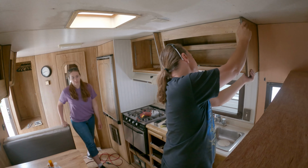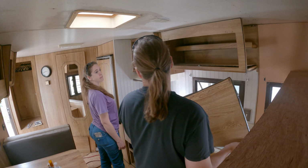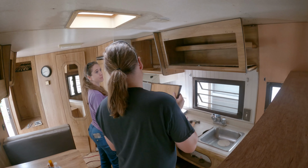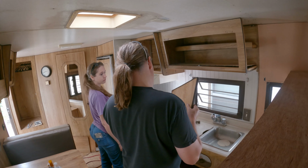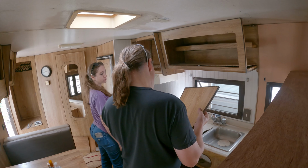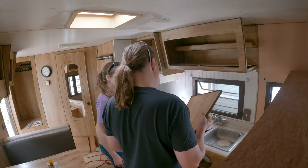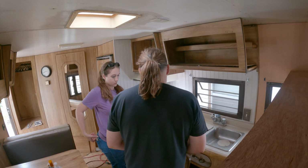Okay. You know, it's weird because this is actually not straight. You can see from outside. I'll get out of your way then. Oh, you're fine. There we go. Whoa! Voila! Here, I can take it with me if you want. Well, we ought to identify them or mark them somehow. So if we either try to reuse these, which I don't think is a good idea because most of the screws were stripped, so the screws are just pulling right out, or if we use it as a template to get a new board. So I don't know how we label them